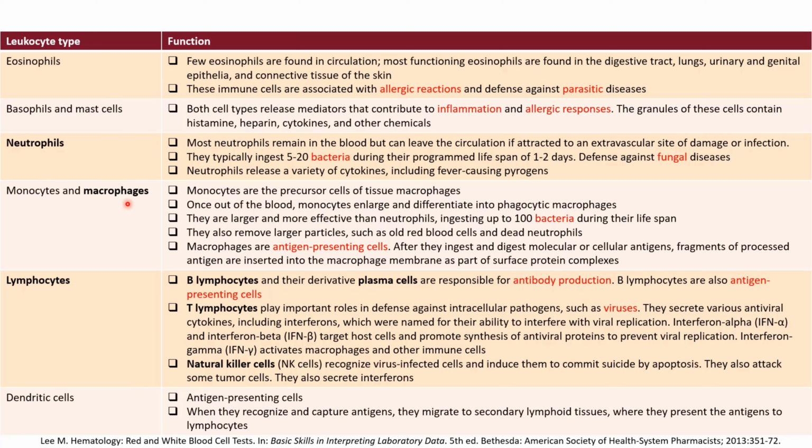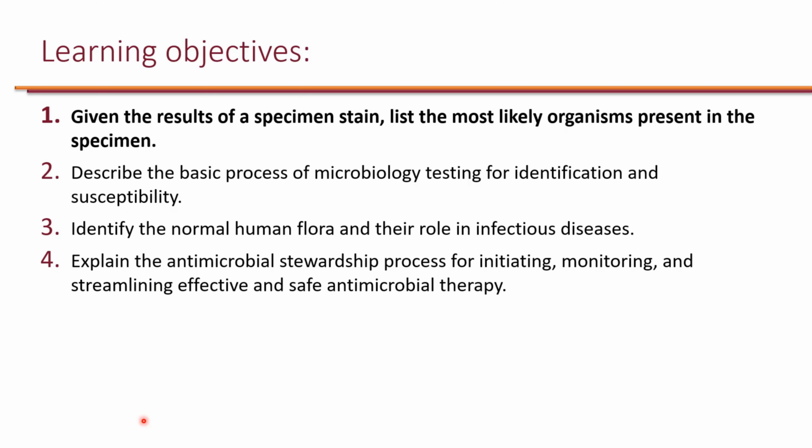Please pause this video and review the function of each of these leukocyte types. Now that we have a good foundation, let's take a look at our first learning objective. Given the results of a specimen stain, list the most likely organisms present in the specimen, and the specimen would be from the site of infection. So this could be blood if somebody has infection in the blood, referred to as bacteremia, or could be urine